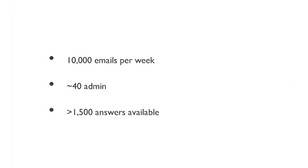These numbers are actually very low, and especially not impressive compared to Facebook scale. But this is actually after we released a big update to the help site, which brought down our email volume considerably. But we're answering a decent number of emails every week, and we've got about 40 admin answering these emails right now, and we have about 1,500 answers available. So in order to match these 1,500 answers to these 10,000 emails, it requires some tooling to help these admin